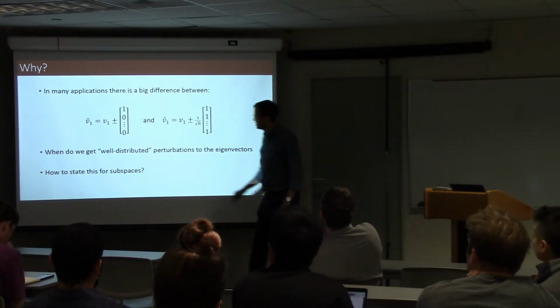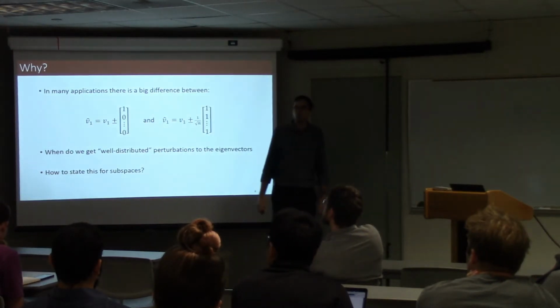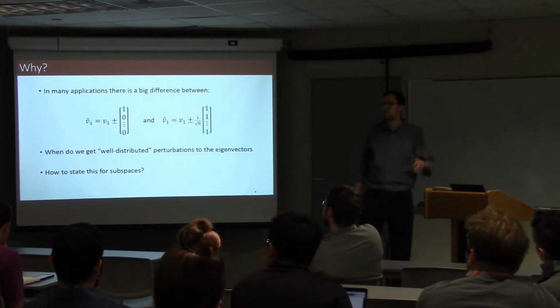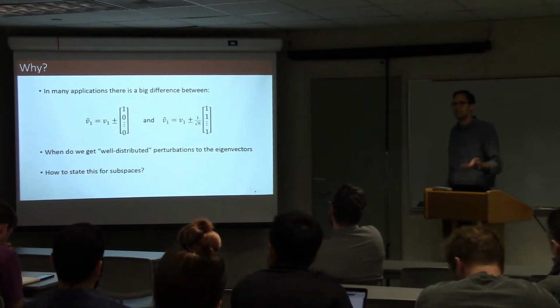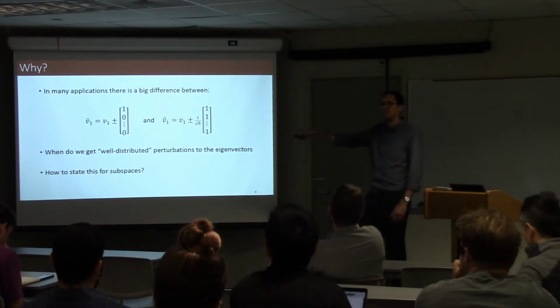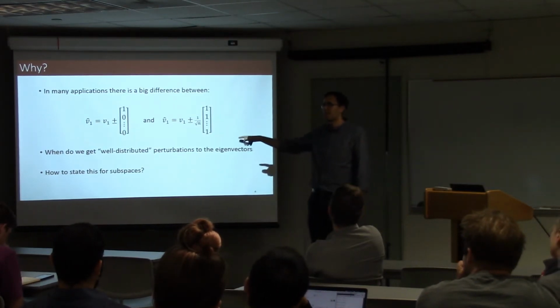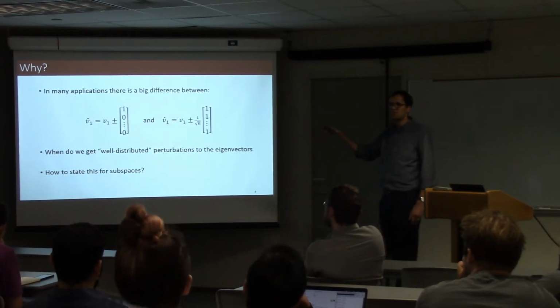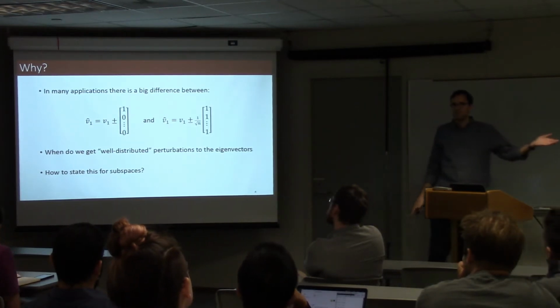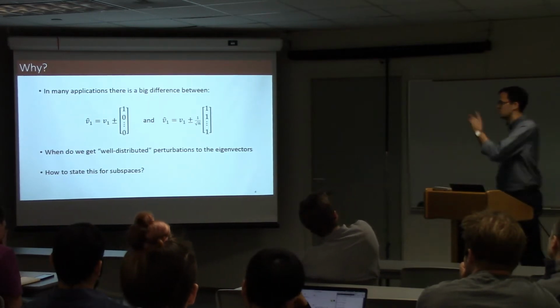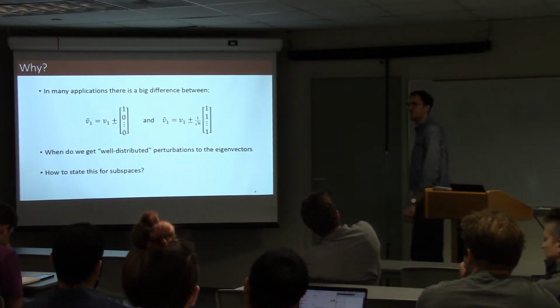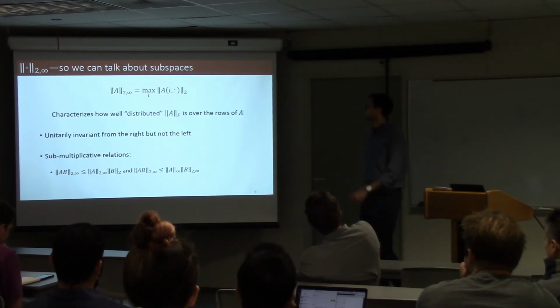The other question is that I actually care about this for a lot more than just single eigenvectors. I care about it for whole sets of eigenvectors, for the subspace spanned by sets of eigenvectors. So I actually care about this for invariant subspaces. And so the first thing I have to do is tell you what the generalization is of this question of are V1 and V1 hat close to subspaces, okay? Because I have to be a little careful about some of those statements, all right?